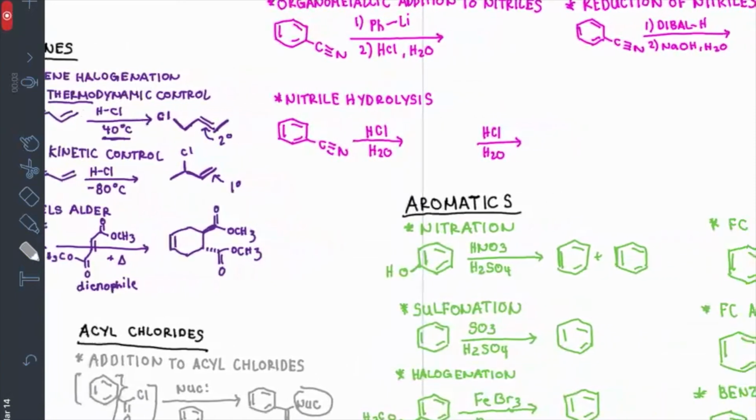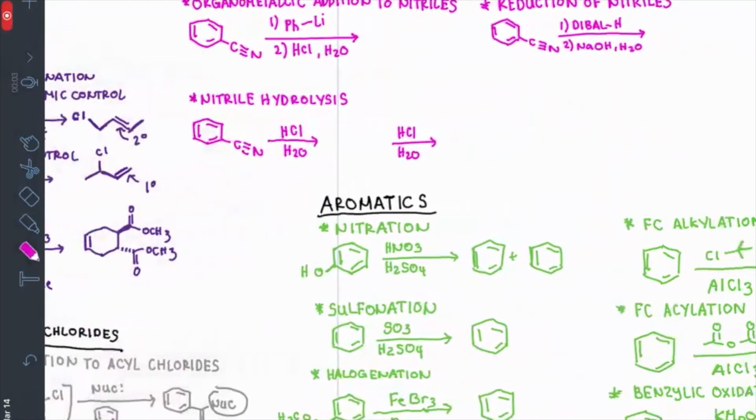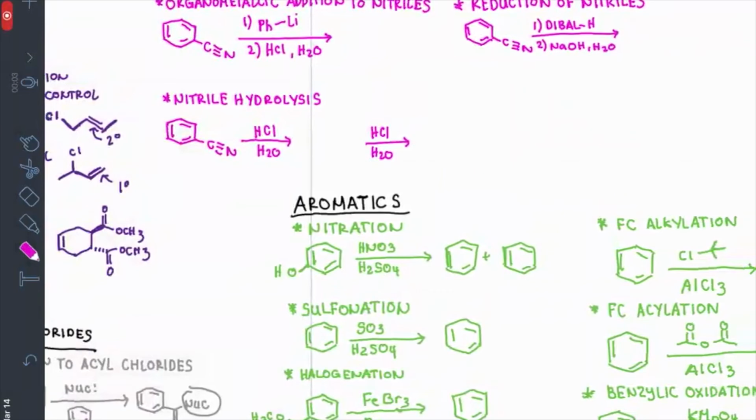Now let's move on to nitriles. So there are three main reactions for nitriles. The first one would be organometallic addition to nitriles. In this case, we're going to take our organolithium and we're going to add, so let's first draw the first part of the structure. So we have the carbon from our nitrile, and we're going to turn that triple bond N into a carbonyl, and we're going to take whatever is added to our organolithium, which in this case is a phenyl, and we add that